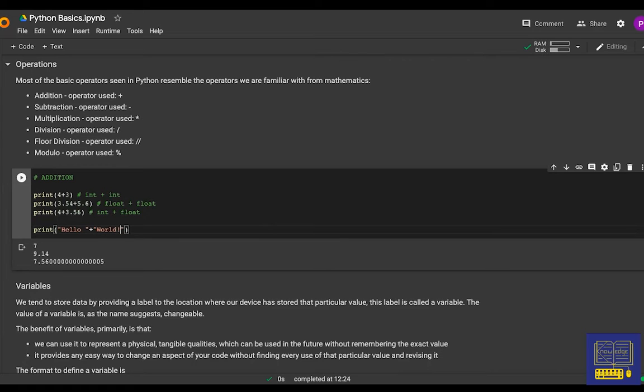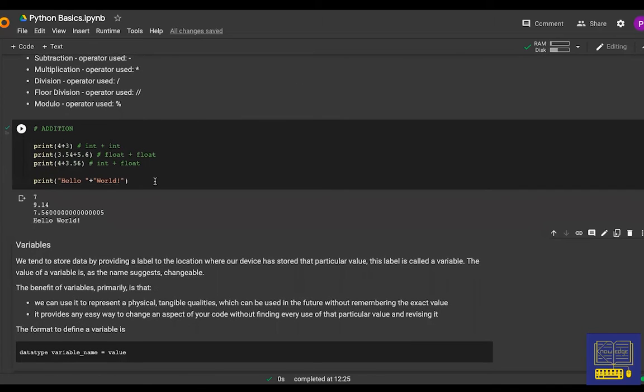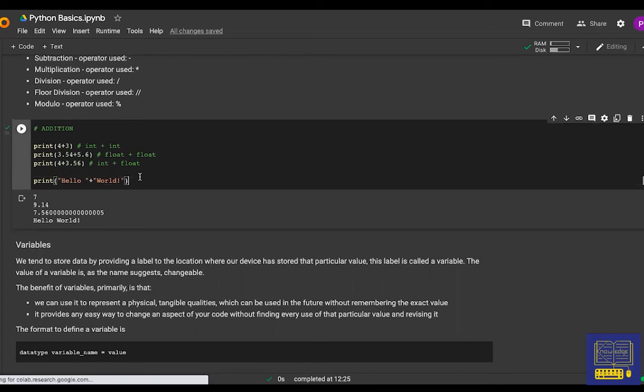So basically, this addition operator joins those two texts together. It joins my first text with my second text and keeps them together. That's the basic idea of how this works. So hopefully you understood what we mean when we say adding text. It is just putting all the text pieces one after another, and this is also called string concatenation.